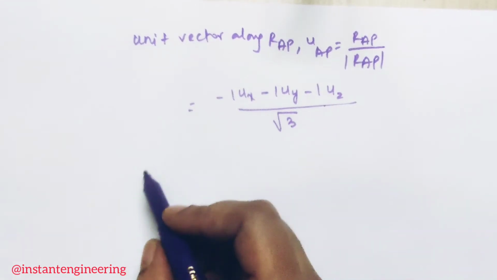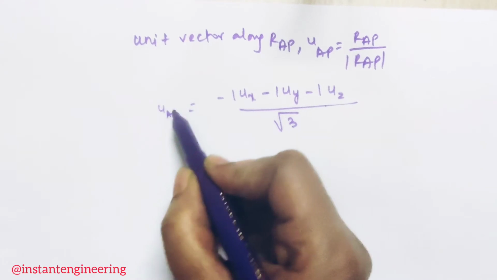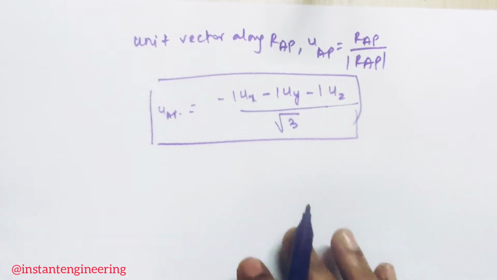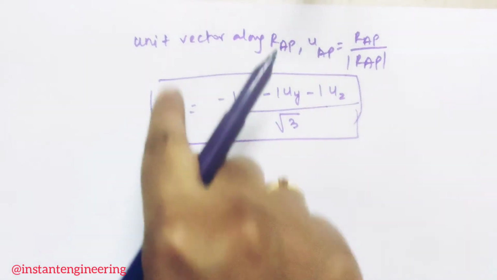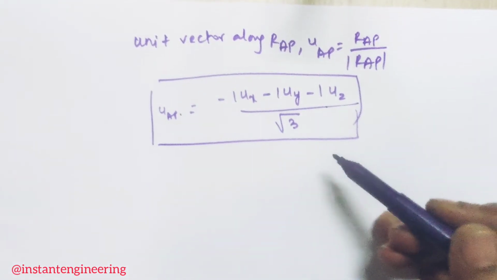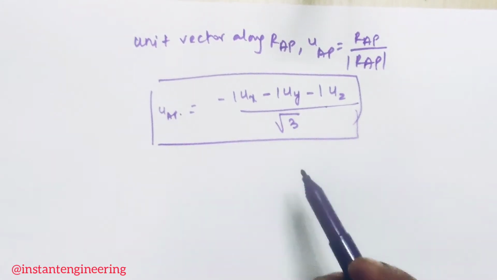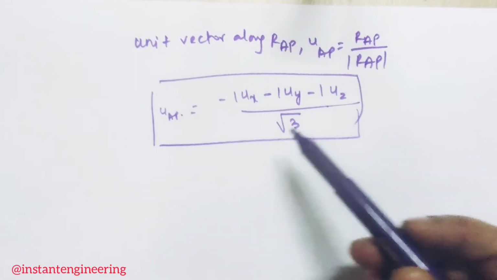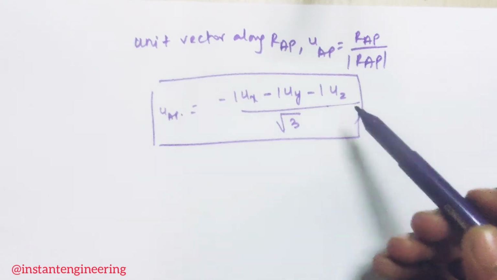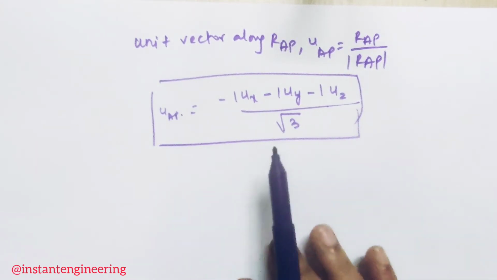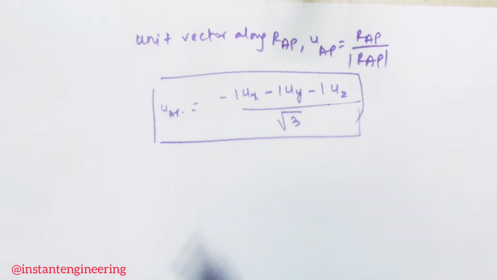This is the unit vector UAP. Just keep it. In the exam also, highlight it with boxes and all. When the evaluator is evaluating your paper and sees this, he'll directly understand what you got, step by step, for easy correction. He'll have a good impression of your paper. Try these little tricks.